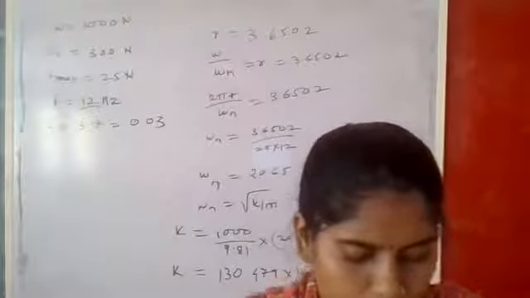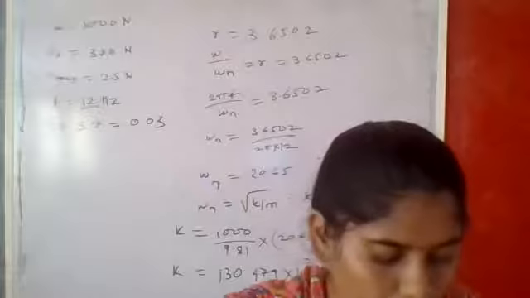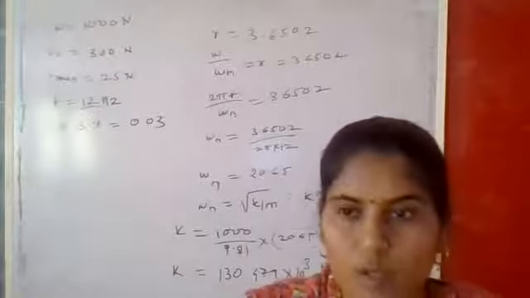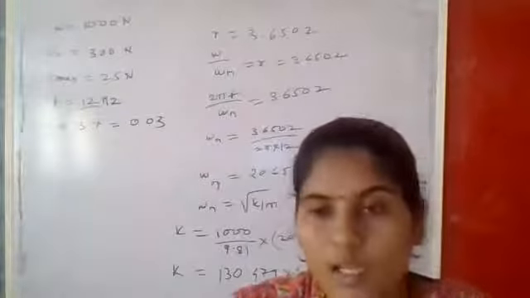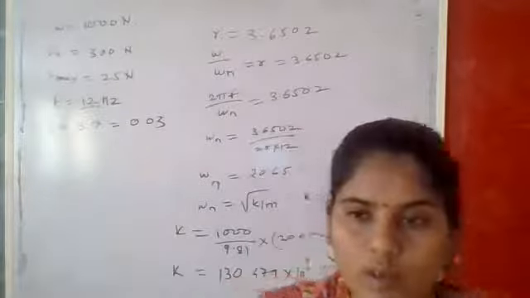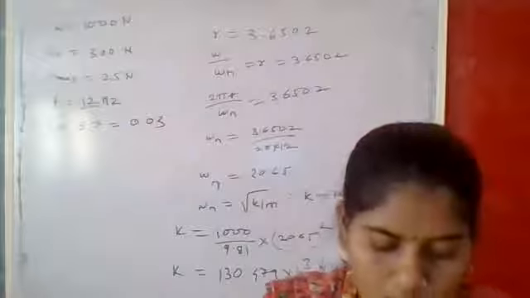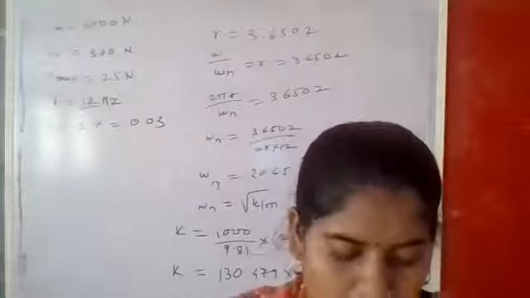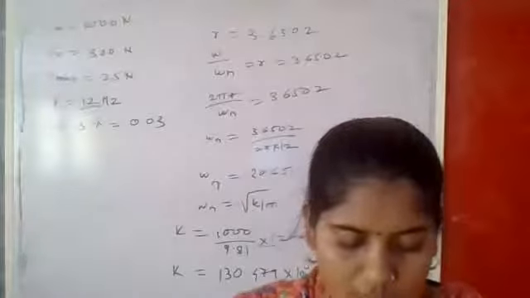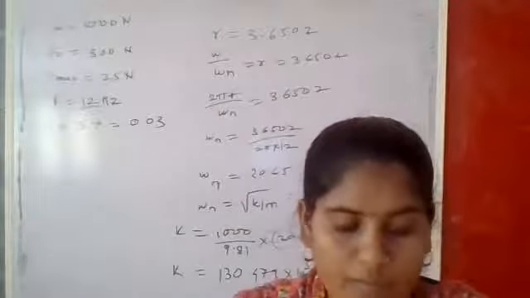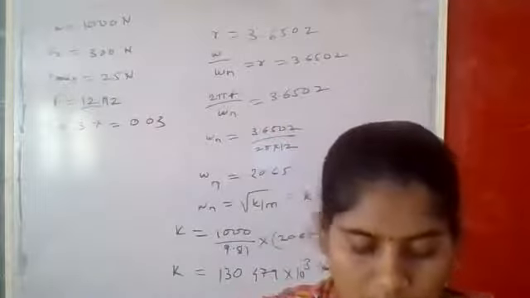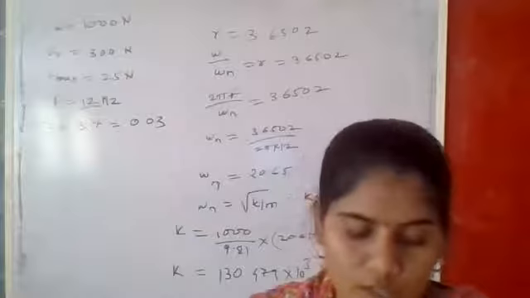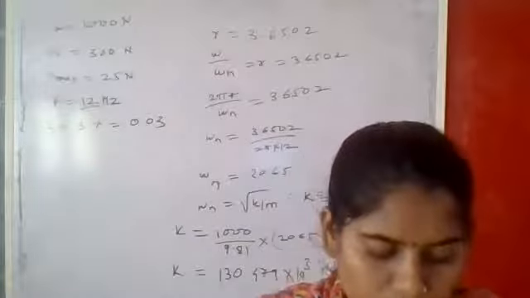It is proposed to mount the equipment on a set of springs. Full stop. If the instrument weight is 5,000 Newton,